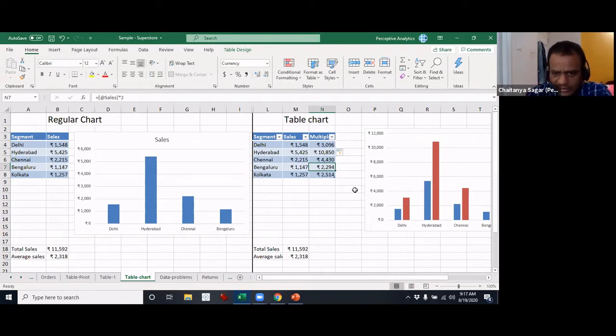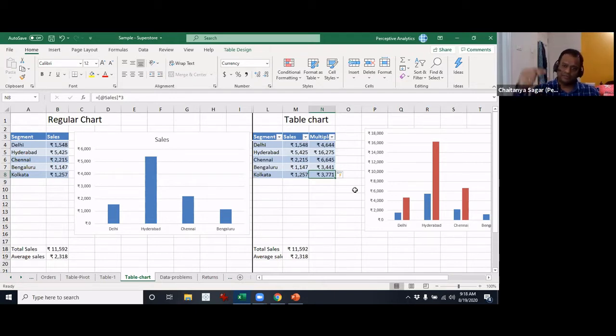But let me just see. Actually, this is something that I'm experimenting with right now. Let's say you want to multiply this with 3, let's see what happens. That's a problem here. With regular Excel, just a bunch of data, it gives you the flexibility to use different functions, different formulas for different rows if you would like to. Many times you would want to do that.